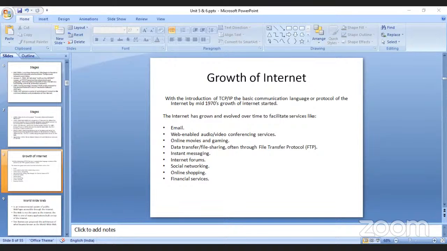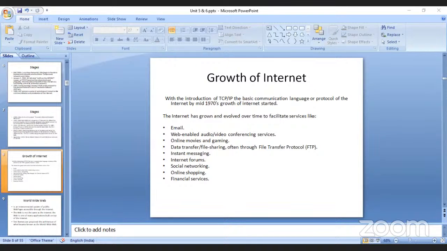Many online stores have popped up because of the growth of the internet. They don't have a physical store as such. All the banking and financial services have improved like anything. Sitting at home, you need not go to banks and wait for hours together. Banking services have improved a lot. Initially in banks, we used to wait for hours and hours.